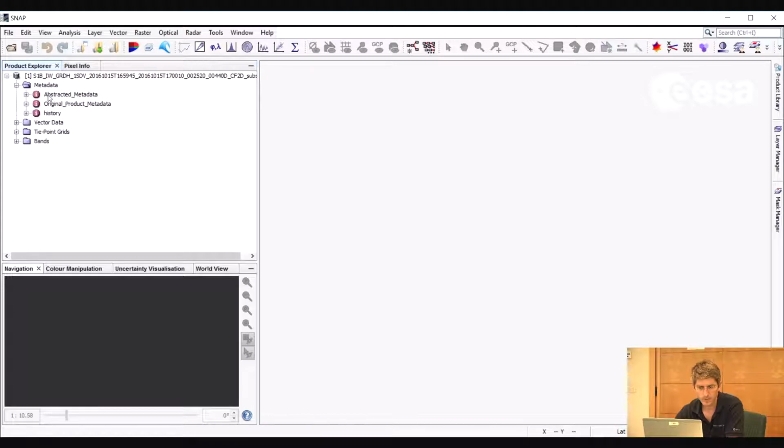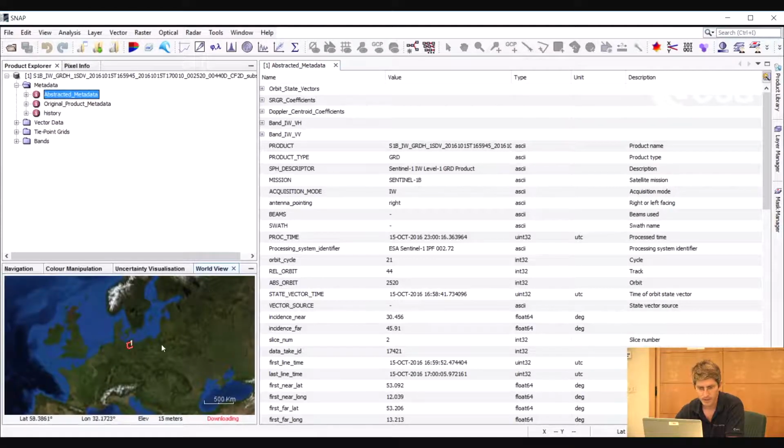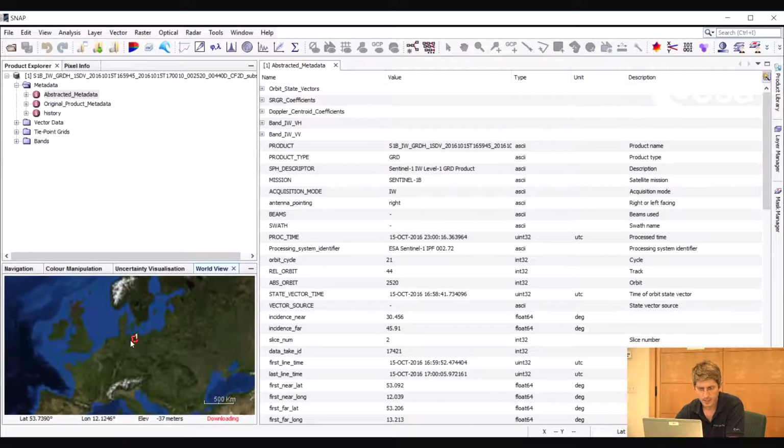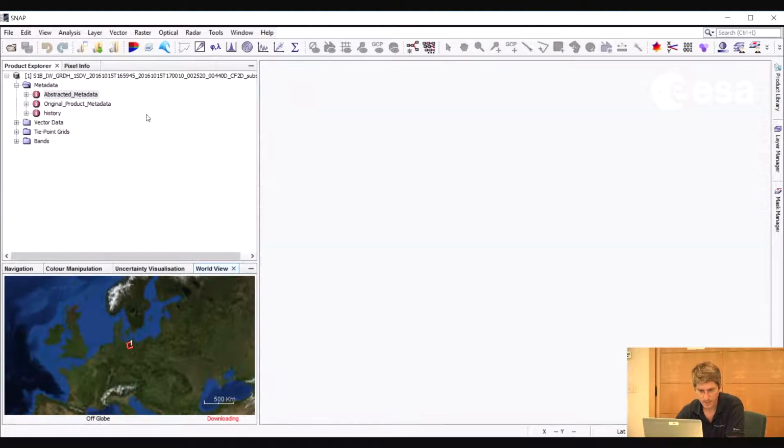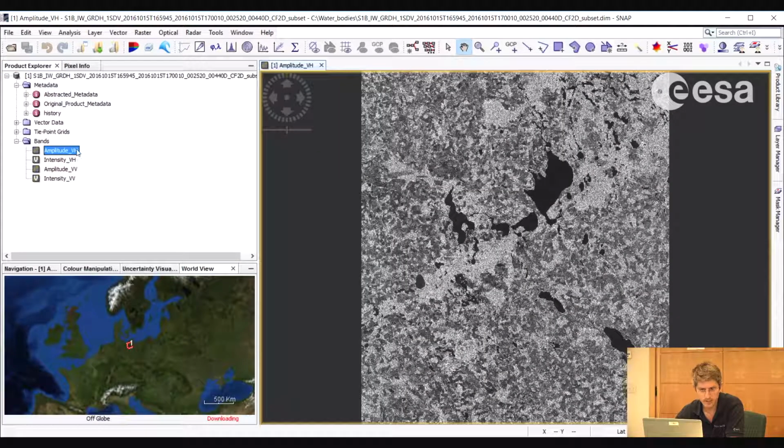We can see that from the file name, or if we go to the metadata, we can see the image acquisition date here as well. If we look at the World View tab, we can see where the image was acquired, so over an area in northern Germany. And if we expand the bands folder, we can see that the image contains a VH,